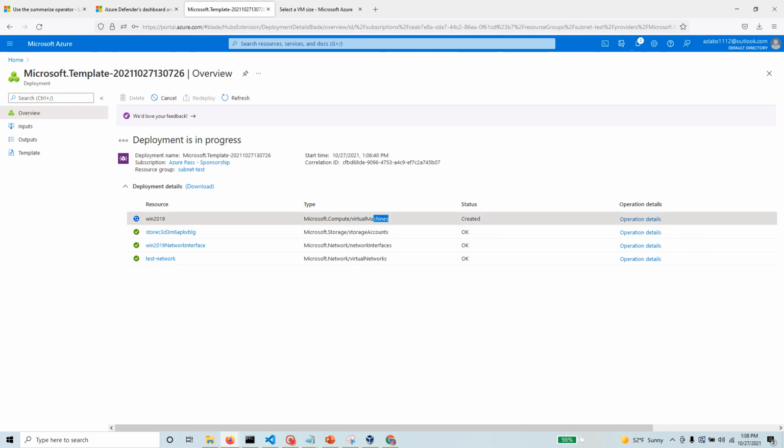So now the virtual machine got created, test network was already done, interface was already there, storage account got created. Now the virtual machine is getting deployed. So I'm going to wait for 1 more second, and once this is done, again, you can use this template now. Go to the template, save it, and reuse this template to deploy any virtual machines you like with similar format, right? So that is the